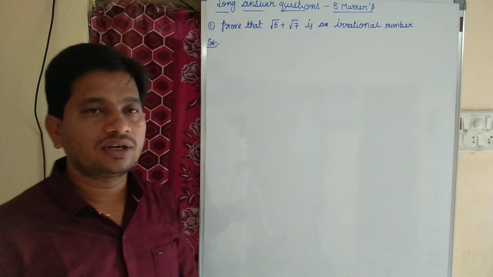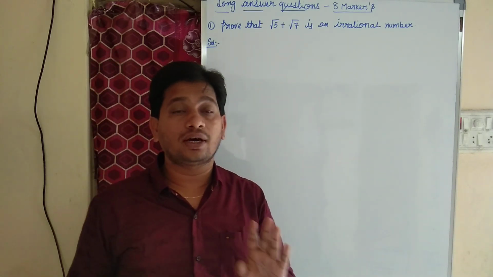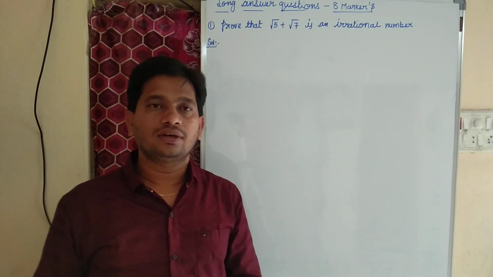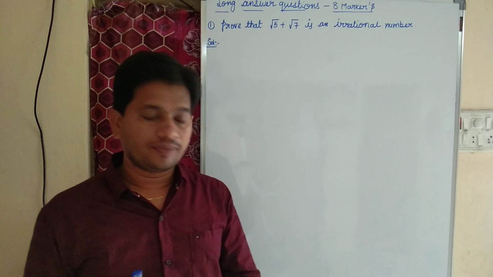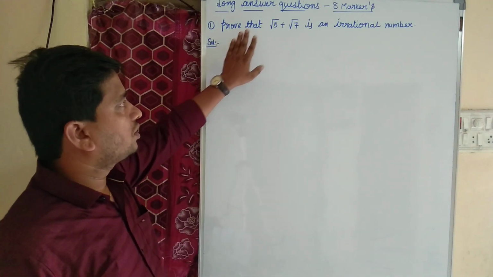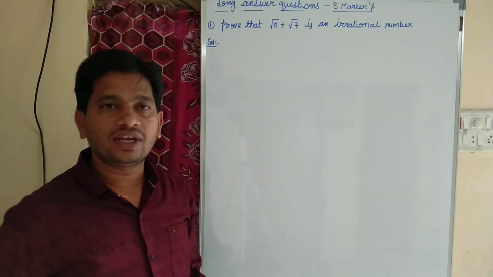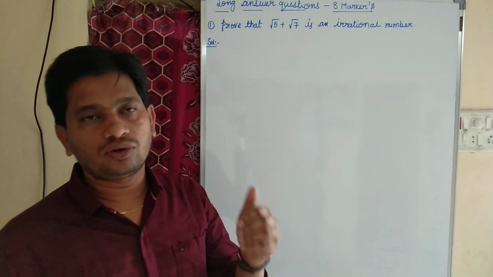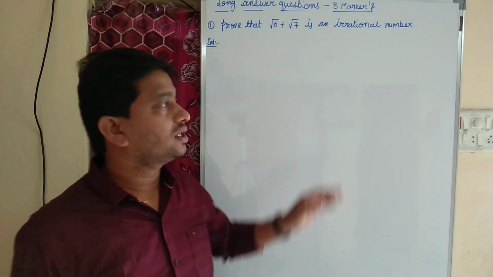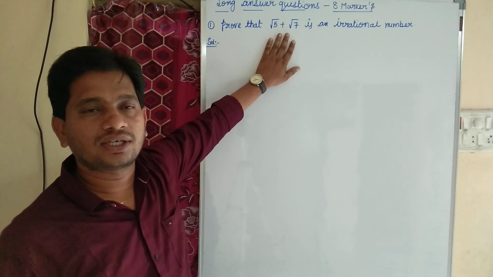So children, if you watch this video, damn sure you will get 16 marks, no doubt at all. Today's session, let us see Group A, 2 eight-mark questions. The first question is, prove that root 5 plus root 7 is an irrational number. In every exam, even in the pre-final examination and all the board model papers, this question is there.